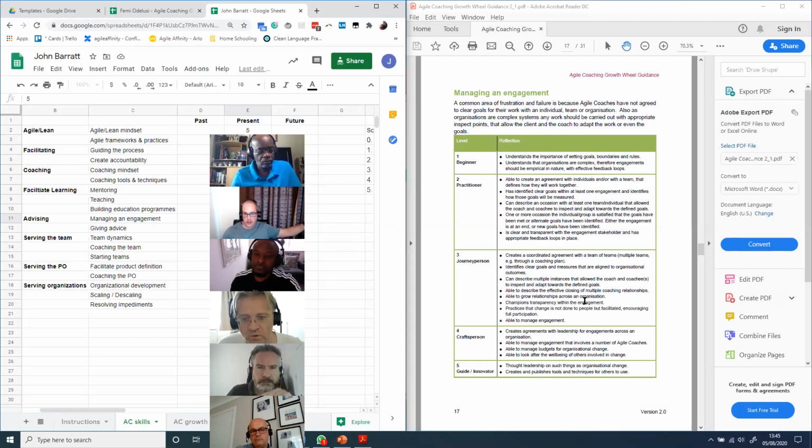Has anyone got any questions about anything they don't quite understand? Can I make a comment? Not so much as a question, and it's not a challenge of the wording that's used here. With craftsperson, the last 3 bullet points merely refer to the ability to manage engagement, the ability to manage budgets, and the ability to look after the well-being.